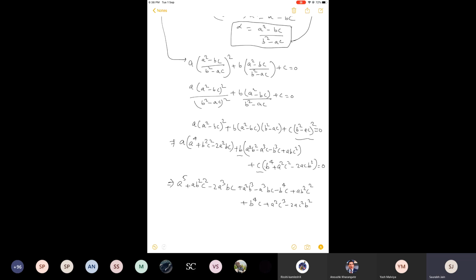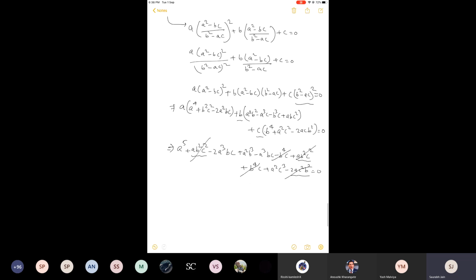Now the point is we are not actually going away from the question. In fact, now terms will cancel. After so much simplification, terms will definitely cancel. Watch carefully. This will be cancelled: b to the power 4c. Then, what else? These two underlined terms, a b square c square and a b c square... that is 2a b square c square, and this is minus 2a square b square c square. So addition of these two will be cancelled by this negative. So this is also cancelled.